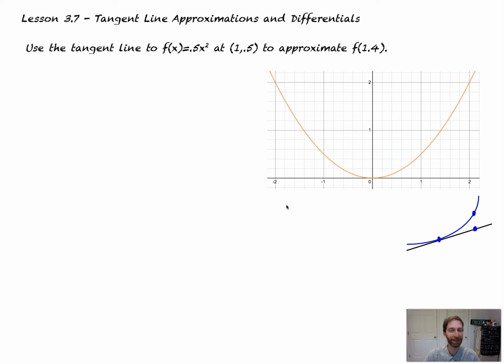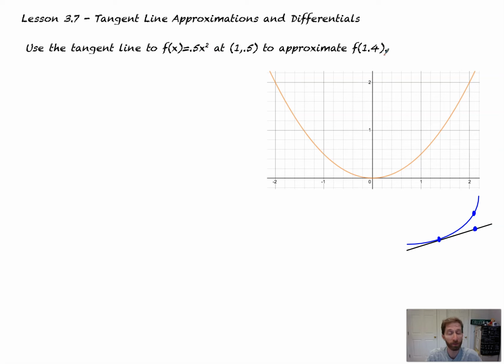Okay, here we go into lesson 3.7, tangent line approximations and differentials. Sometimes this is also called local linearization, right? But those are tangent line approximations. This is sometimes covered in a non-AB or BC calculus course, but mostly this is covered in AB and BC calc. Let's dive. So use the tangent line to f of x equals 0.5x squared at 1 comma 0.5 to